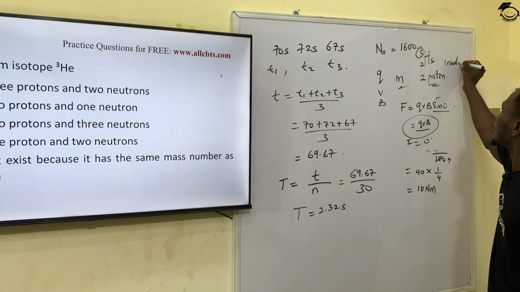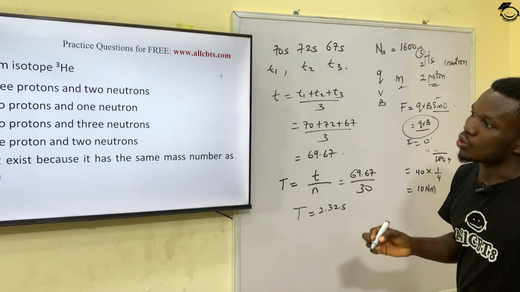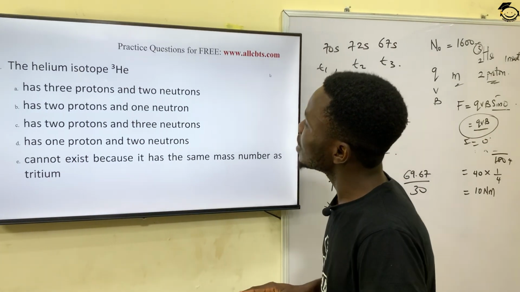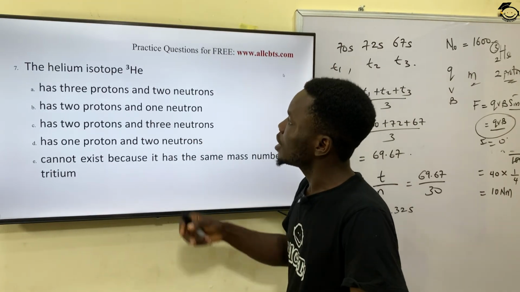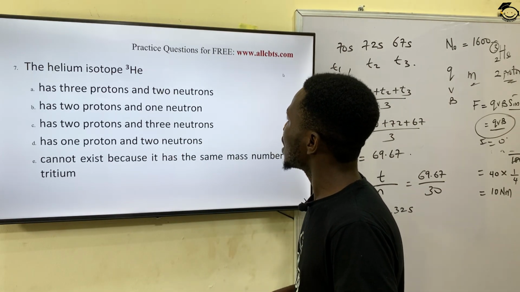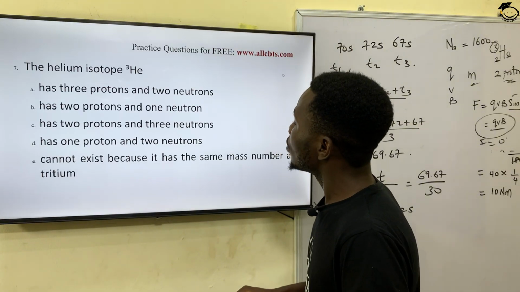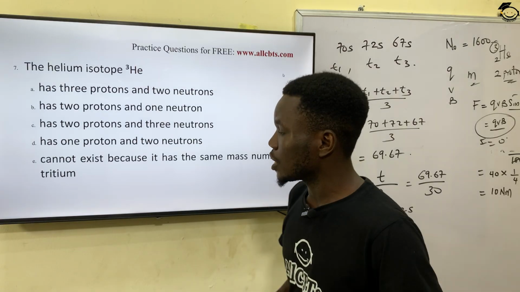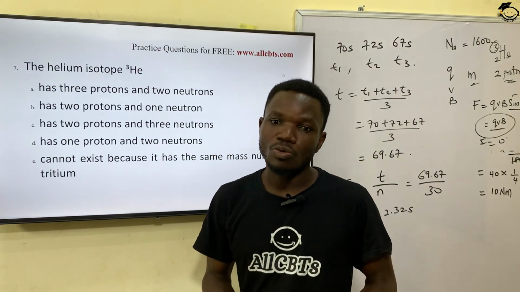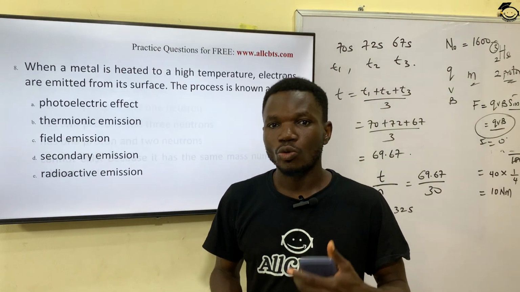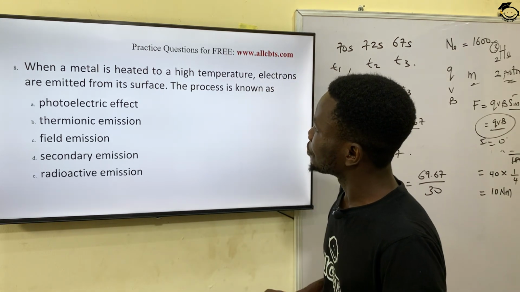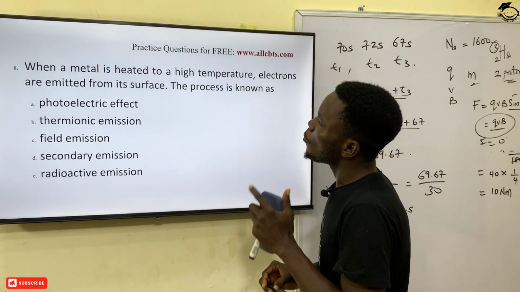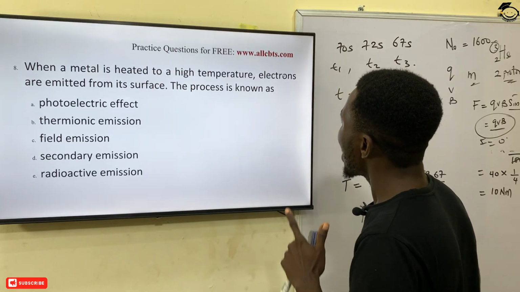So I have 1 neutron and 2 protons. So it means that this helium isotope has, option A says it has 3 protons and 2 neutrons. That is incorrect. Option B says it has 2 protons and 1 neutron, and that is the correct answer. So the answer is what? Option B. So that takes us to question number 8, which says when a metal is heated to a high